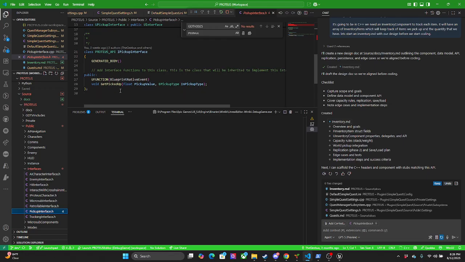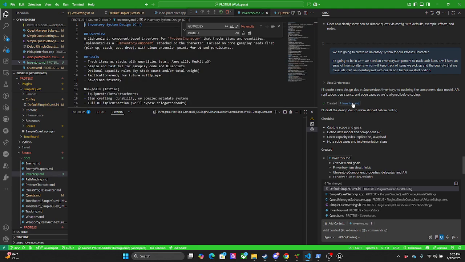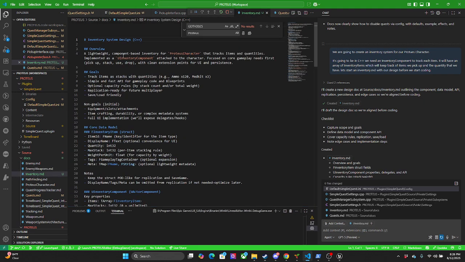How would you want this in the blueprint? All right, so we got this first. First, we're gonna see what it designs, and we're gonna make sure our items use the pickup interface. So let's keep this, and let's look at our inventory. Oh, where'd it go? Right there. One big inventory, tracks quantities.